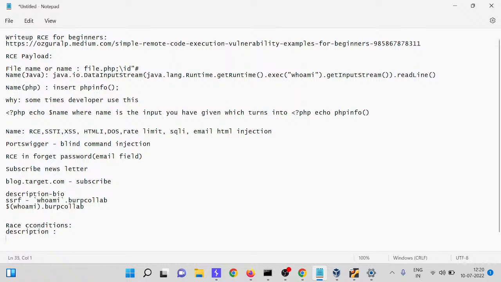Secondly, race condition on the sign up page. Sometimes it discloses SQL information because it gives a 500 internal server error.